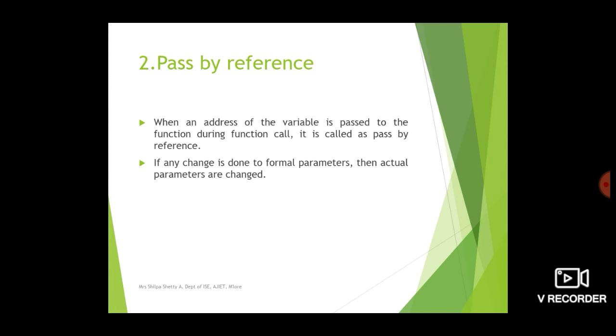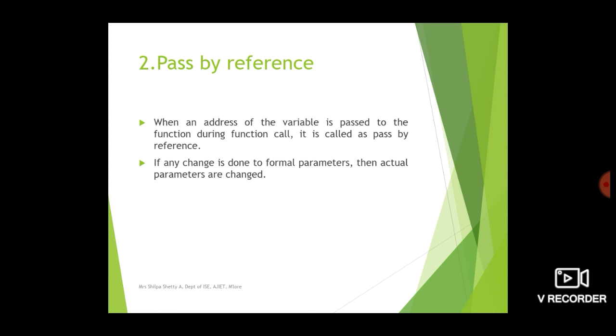The next technique that we have is pass by reference. Here we will not pass a copy of the variable, instead we will pass the address. It's something like the example of Xerox notes: instead of giving your friend a Xerox copy of your notes, you give your notes itself. When you give your own copy, any changes your friend makes are visible to you once you get back the notes, because there is only one copy that is shared by both you and your friend.